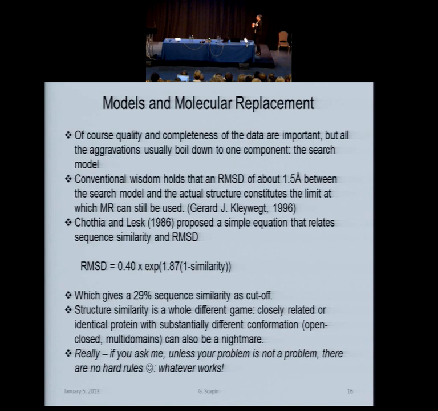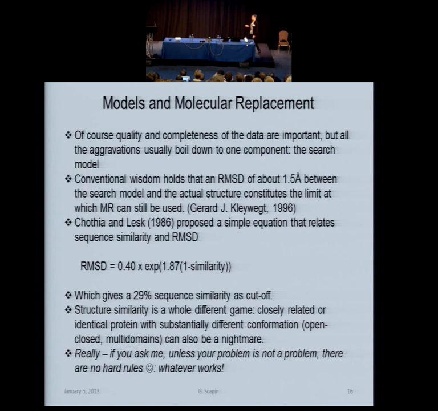And in the past couple of days, we saw nice references to different ways to evaluate the closeness of the models. For example, the relationship between the RMSD and the similarity, which brings down to 25, 30% similarity, 1.5 Angstrom RMSD as a line under which the molecular replacement probably